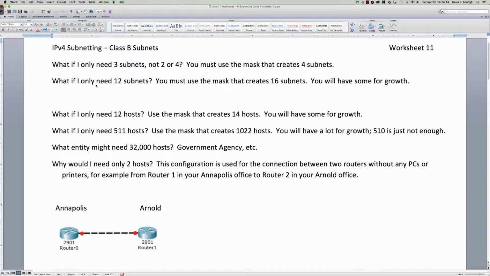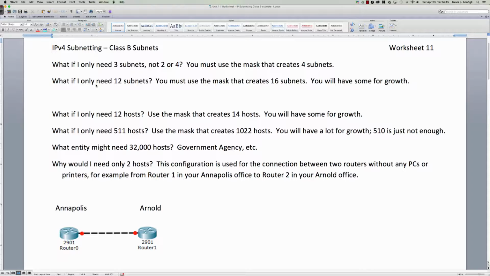This is the CompTIA Net Plus course, and this afternoon's video tutorial is going to be our solution set for worksheet number 11, where we continue to hone our skills on IPv4 subnetting. Specifically, we're going to be taking a look at subnetting Class B networks. So the activity opens up with a discussion about when you may want to use a very large number of hosts, but a very few number of subnets, and that's what the Class B address space is going to provide